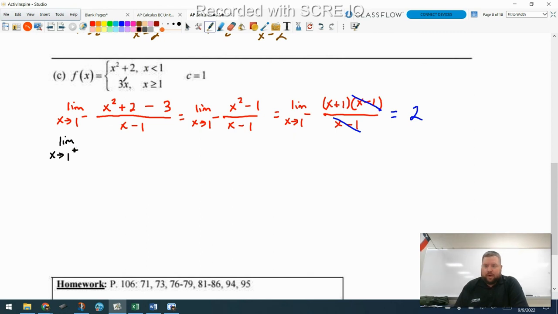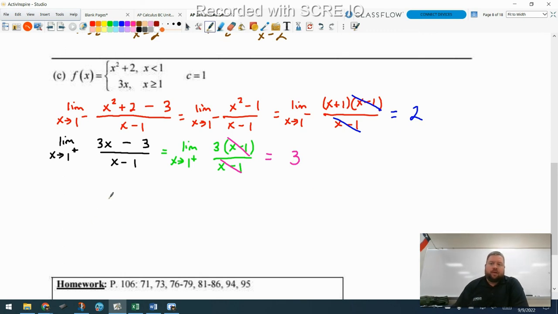All right, so from the right, we're going to have the bottom function. That's where x is greater than 1. So we have 3x minus f of 1, which is 3, over x minus 1. Again, this is a 0 over 0, so we're going to do some factoring. So I get 3 times x minus 1 over x minus 1. The x minus 1s cancel out, and the limit of 3 is equal to 3. My limits are not equal to each other, so I would say f is not differentiable